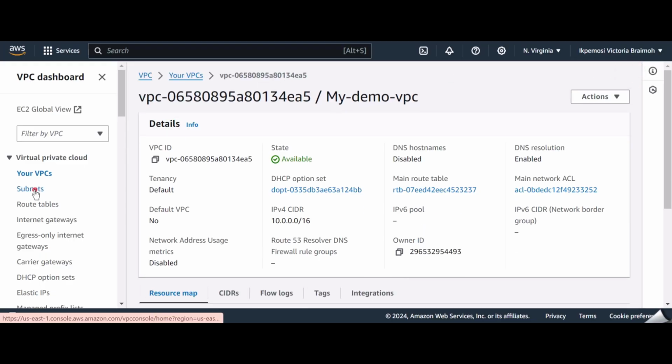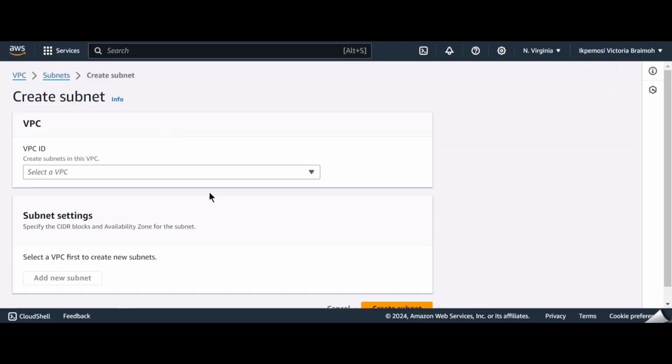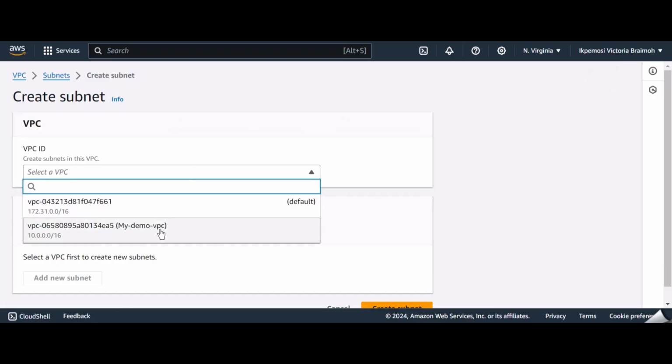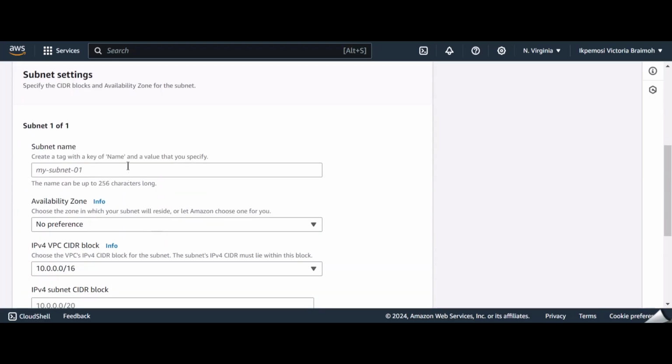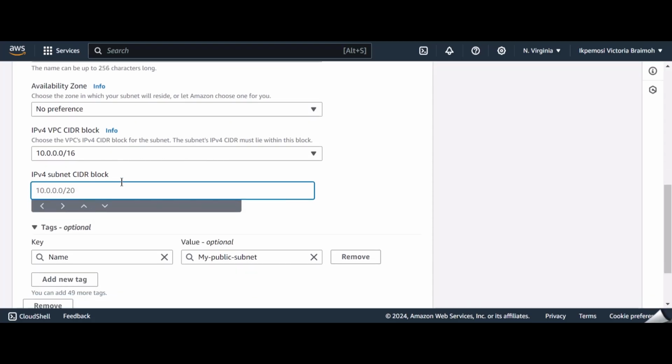So now let's create our subnets. We are going to be creating two subnets, public and private. Public and private subnets. So let's click on create subnets. Choose the VPC you just created, which is my demo VPC. Give your subnet a name. So let's say my public subnet. Now we are going to give it a CIDR range, right? So let's give it